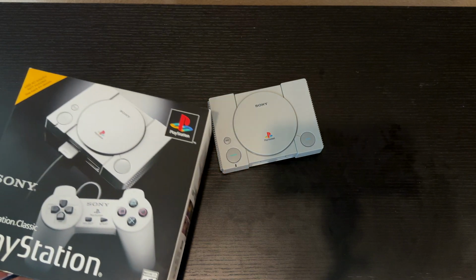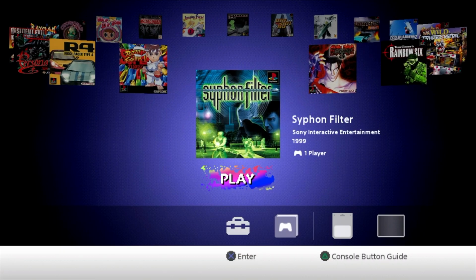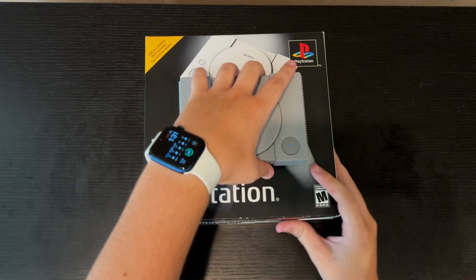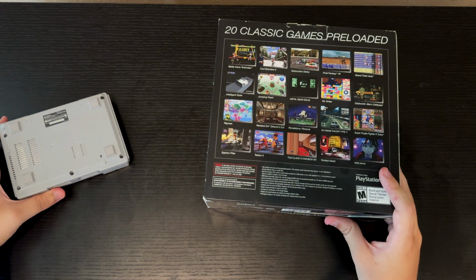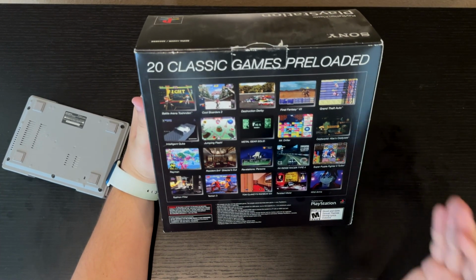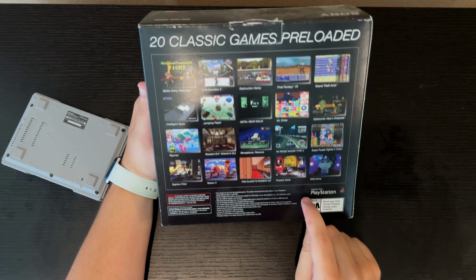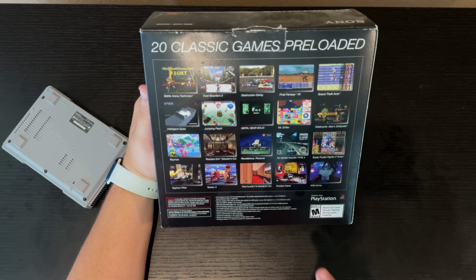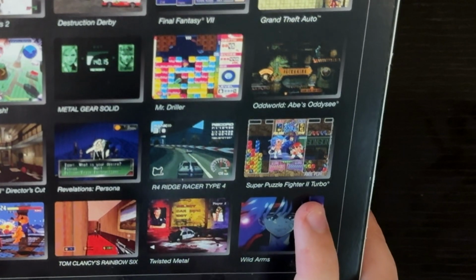The problem isn't even, I would say, the software of the console. It does look like the original PS1 menu, like if you had no disc in it. But my problem is not even necessarily the games, but oh, good lord. Okay, 20 games, even less. I don't think a single one of these games is particularly bad, although Street Fighter 2 Turbo Puzzle,